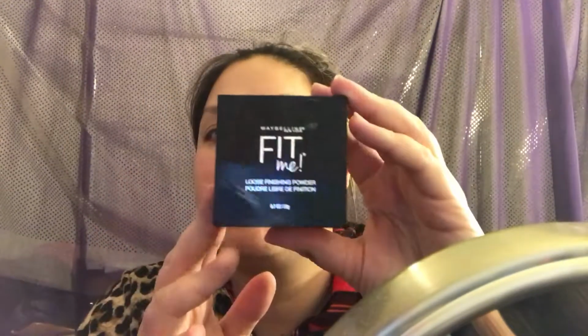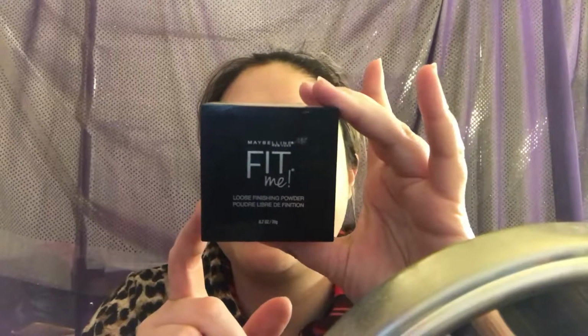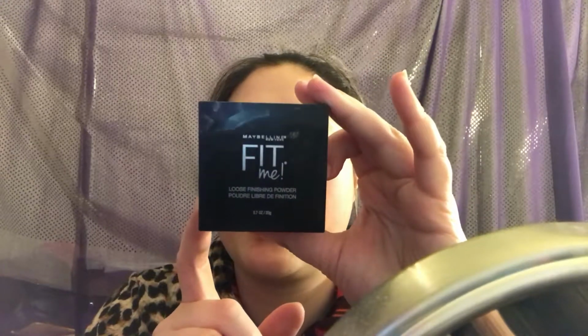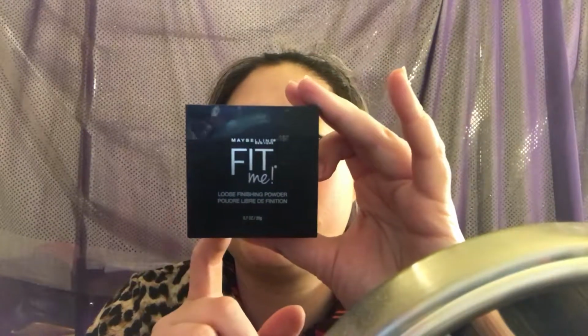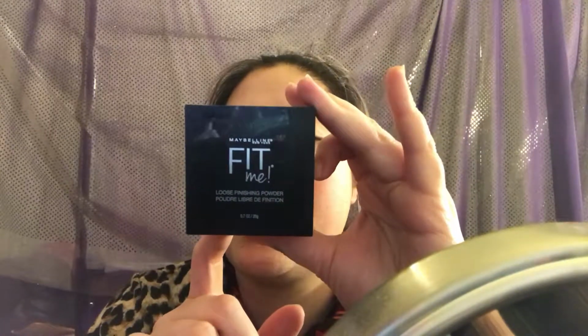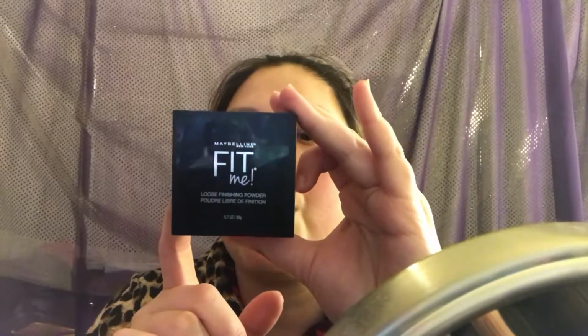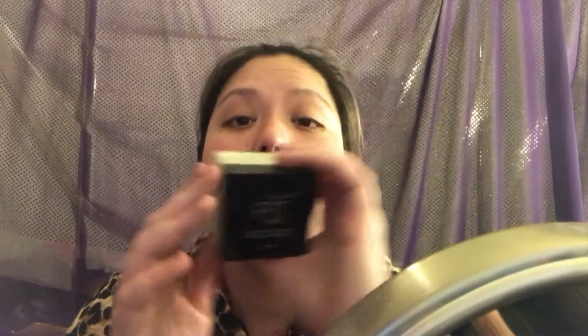My new love is the Maybelline Fit Me, and I have 05 Fair, and this is a mineral-based formula, helps control shine and smooth skin's texture. Lightweight, translucent coverage, fresh, natural look. Can be used alone or over foundation. So this does not specifically say it's mattifying, but it is shine control,